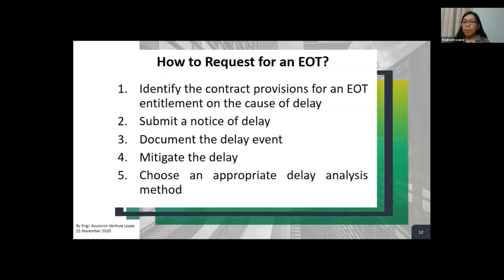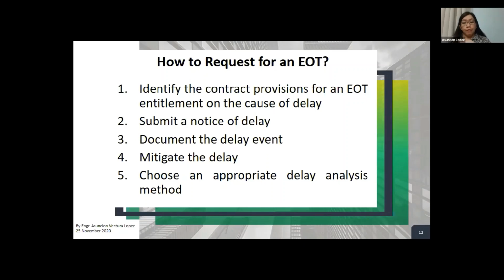This process can be found in your contract documents. We will be discussing this, but it may differ from one project to another. We will only be discussing this as a guide, so at least you will have an idea of the process for requesting an extension of time.